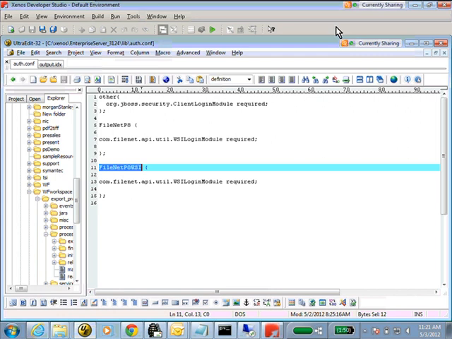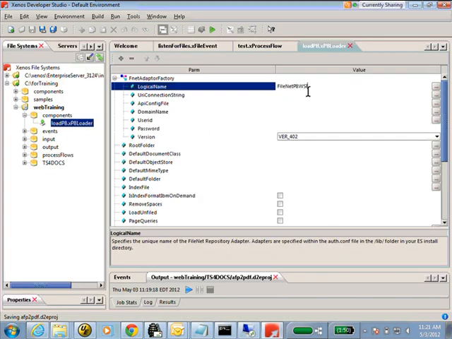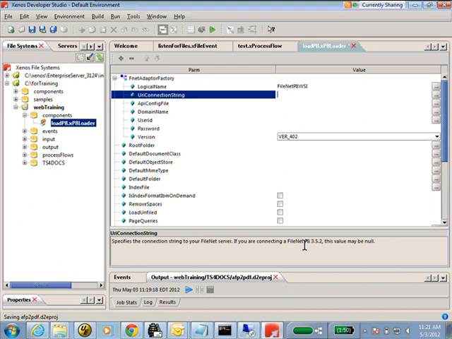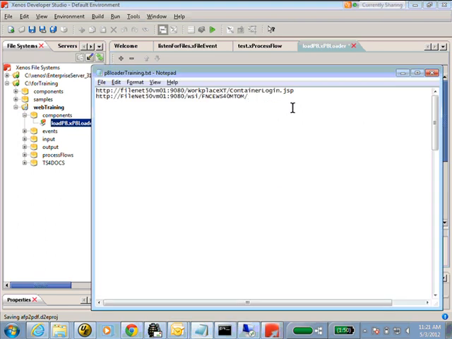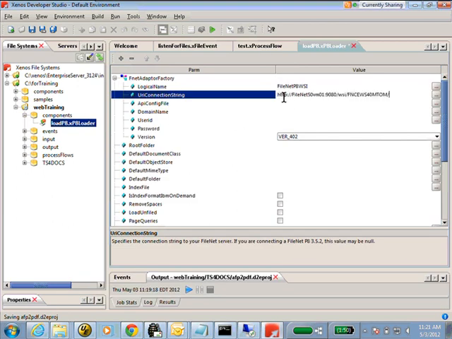So this is how it knows to actually connect. The connection string is the location of the web services of FileNet. Just to save myself some typing and you watching me type and the possibility of making mistakes, I'll just copy and paste it here. So that's the location of the FileNet server that we were just on and the location of the web services.